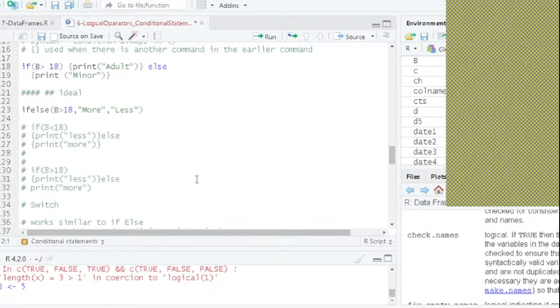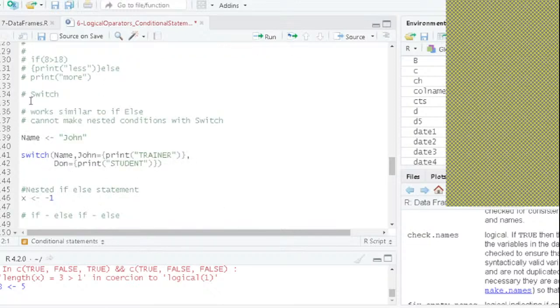So, if else can be written this way as well. Okay, once you're done till line 123,